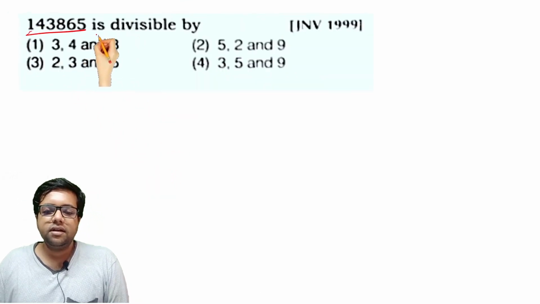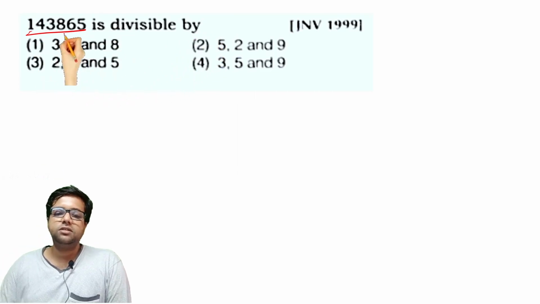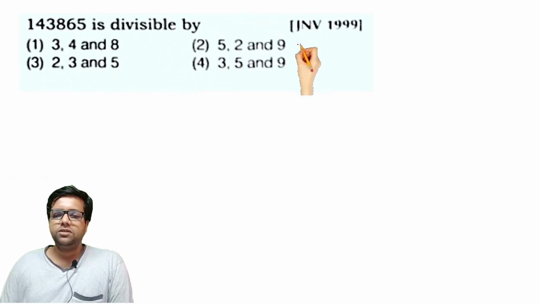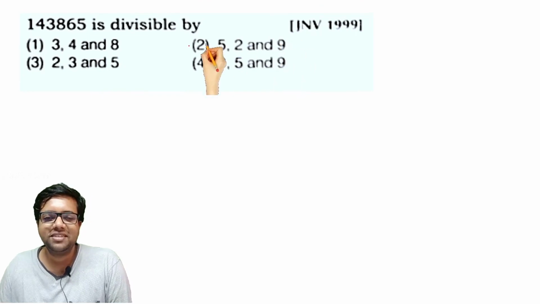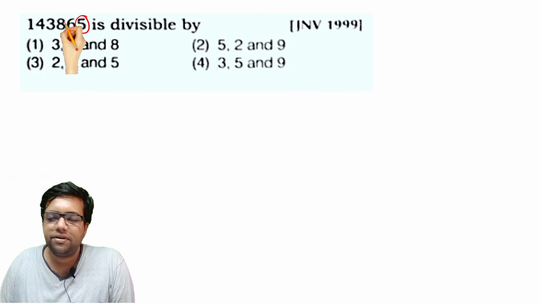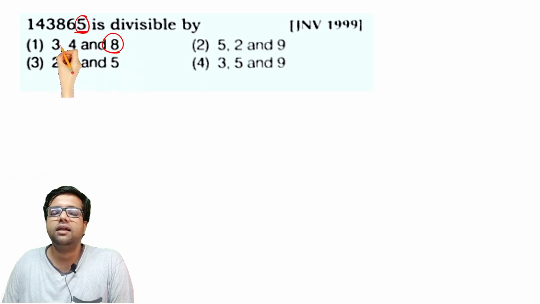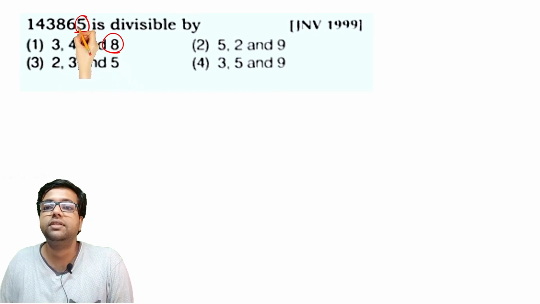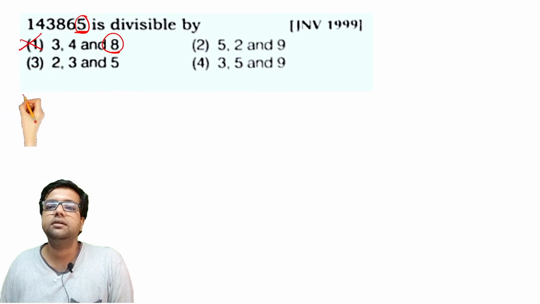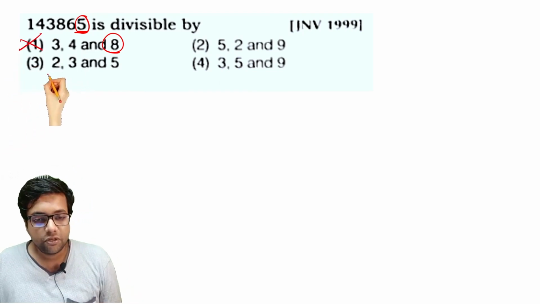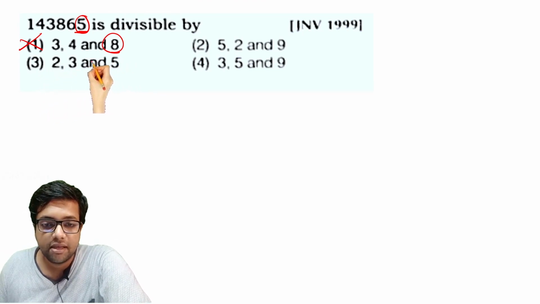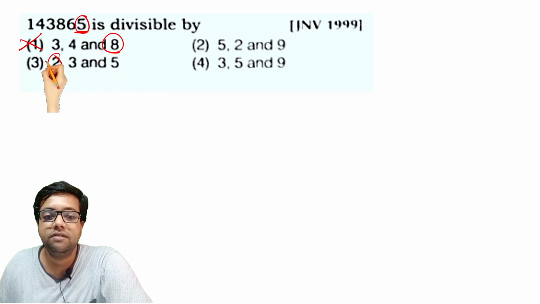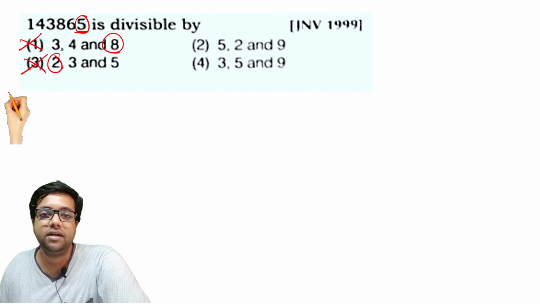So a number is given and it is divisible by what number? This is what is being asked. And I don't think you have to do any kind of math here, because if you look at the last digit, 5 is there. So 5, when it has to be divided by 8, it can't be ending with an odd number. 8 is an even number. If any number has to be divisible by 8, then it has to be ending with an even number. So option 1 can't be the right solution. If it has to be divisible by 2, it should be ending with an even number, but it is ending with an odd number. So we eliminate option 3 as well.